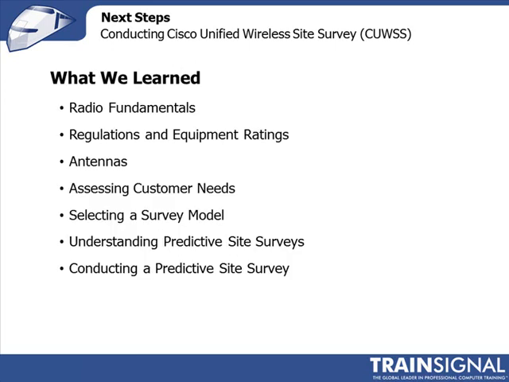So we've covered an awful lot of ground. We started off talking about some basic radio fundamentals. We talked about RF spectrum, channel frequencies and channel bandwidth. We talked about modulation and coding, and we took our first glimpse at the Cisco Spectrum Expert. We then went on to talk about regulations and equipment ratings. We talked about the regulations that are different around the world in the 2.4 and the 5 gigahertz bands, and we focused in specifically looking at the FCC rules that apply here in the United States, and it's an example